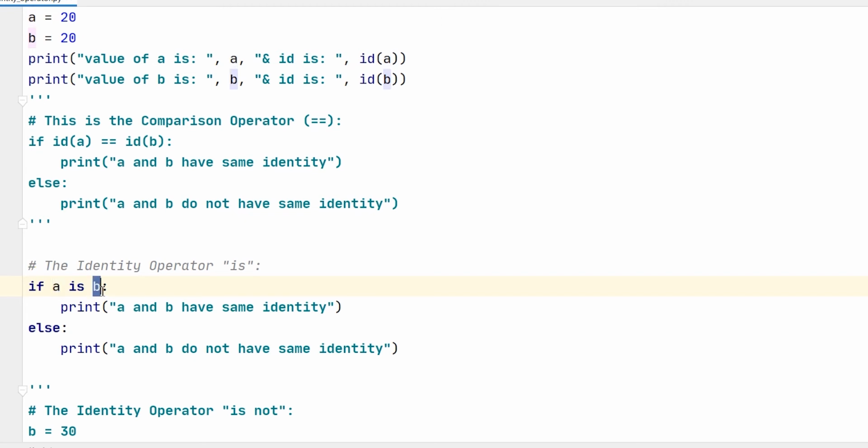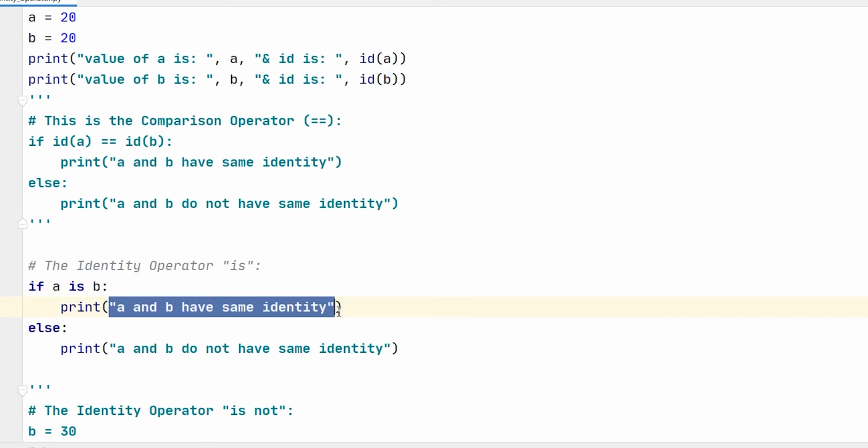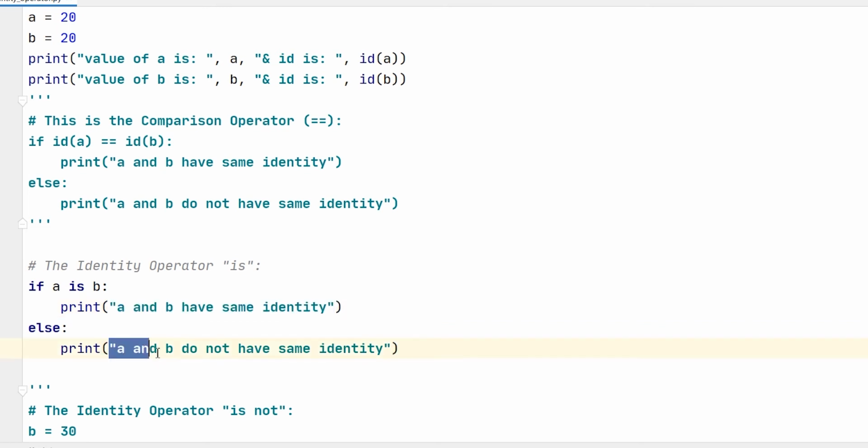The is identity operator is automatically doing it. So when they are equal, we are printing a and b have the same identity. Otherwise we are printing a and b do not have the same identity. Here in the top case, you see we have written id, the function. In the identity operator, we are not using that.